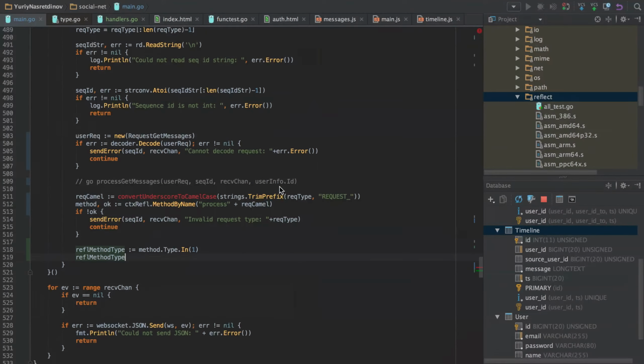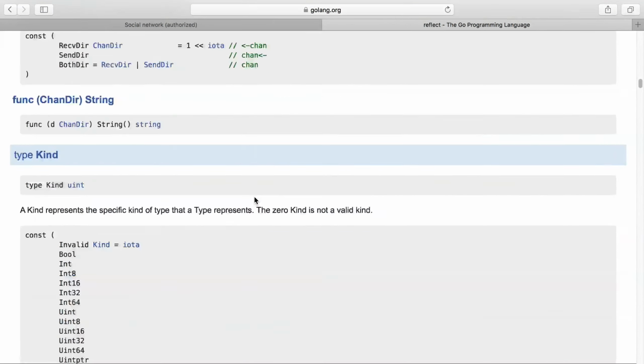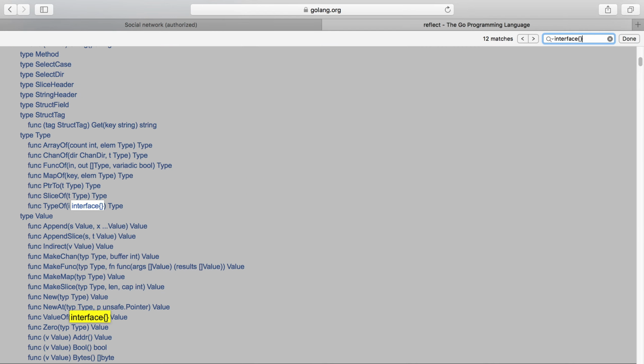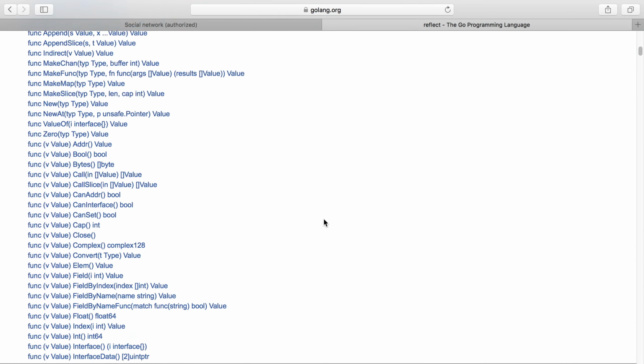So what we need to do here is to create a new value. New in reflection is almost the same as if you would just write new and specify some type, but instead you specify the reflection type.